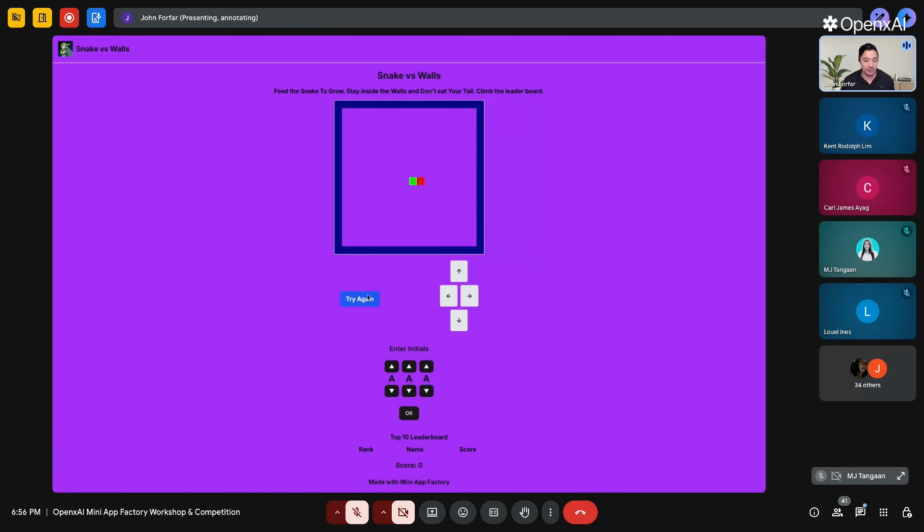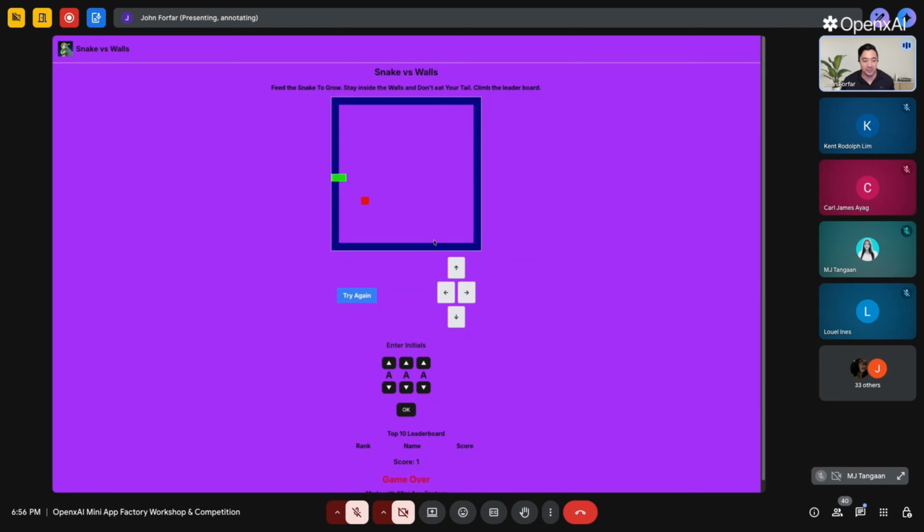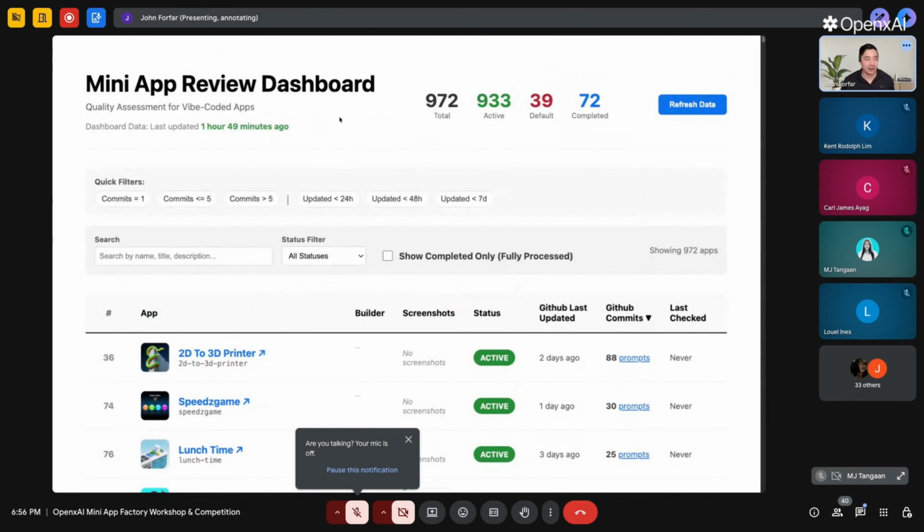So let me just restart. And yeah, basically you just use these controls, and they built a simple game here. It's pretty cool. I just want to get one of there we go. So you can nibble on the snakes and not hit the walls. And they basically programmed in all the features of snakes. So pretty good example. So just going back to the factory checker,